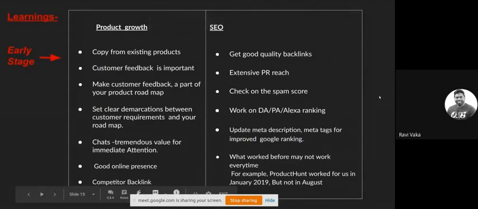Okay, so SEO wise, make sure that you check your competitor backlinks and ensure that your product is available. I'm giving a specific example right now. However, based upon the nature of your business, you pick where exactly you can have a backlink of your website, so that the traffic from these quality websites will flow onto your website, and that will help you rank better on your search engine.